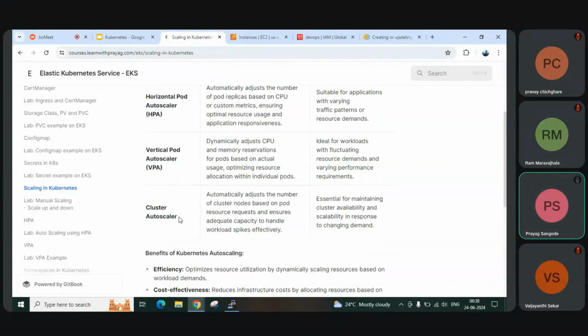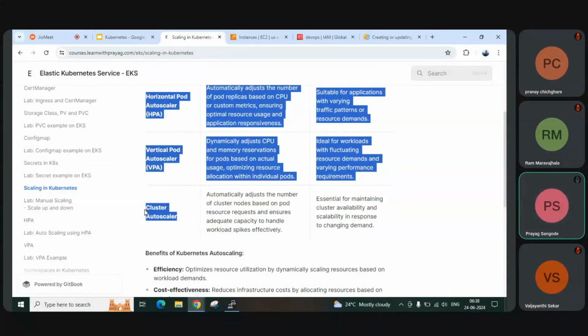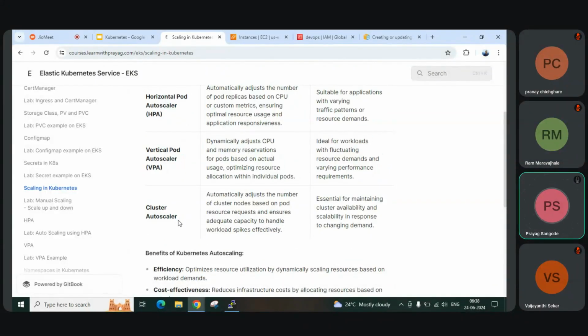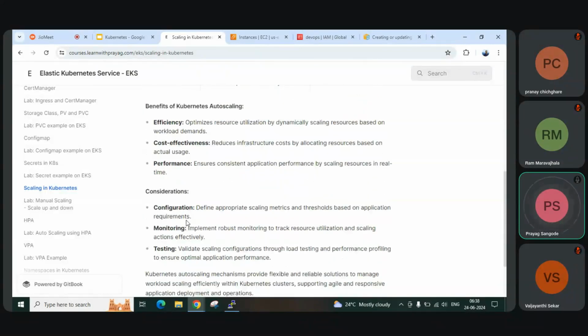In cluster autoscaler, instead of one or two nodes, if the load on the whole cluster increases, it will automatically add or remove the number of nodes, that is the worker nodes. So this is all about